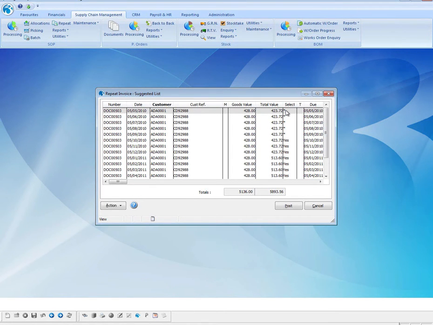There are other general potential exceptions, such as the warehouse itself cannot issue stock, the tax code cannot be found, the nominal current period which has been selected is not open for sales postings, the sales account has been deleted, no profiles existing for the customer or terms, the customer is dormant, the EC VAT country isn't found, the home country isn't found, whether the analysis details are incomplete, delivery details are incomplete, trying to post to a delivery account, whether a bank account doesn't exist, potentially in a cash account situation, the discount nominal account doesn't exist, nominal codes have been deleted for discounts, whether the control account exists or not, whether a sales country account has been deleted,